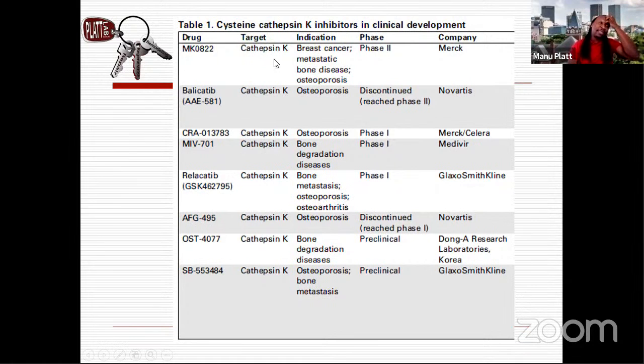The most recent one was odanacatib from Merck. Indication was for osteoporosis. And for many of these, they were effective in reducing the disease complications, but side effects are what took them out from being able to advance into the clinic. So for odanacatib, it increased bone mineral density in postmenopausal women with osteoporosis by 68%. And this was